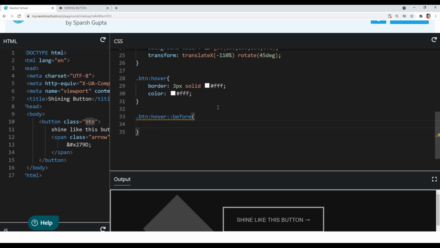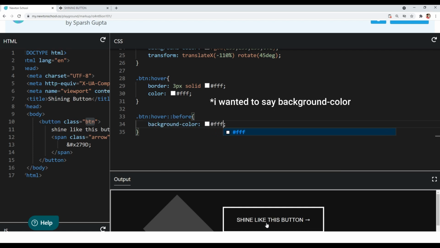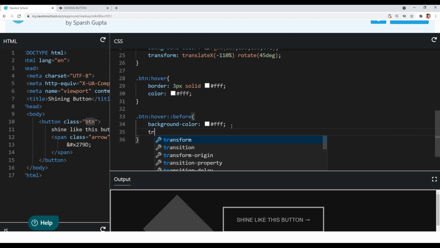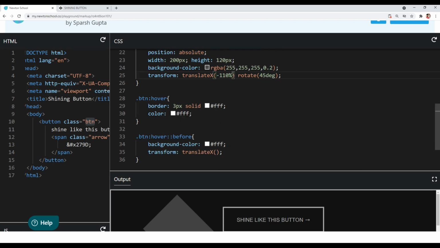So what we want is basically we want the color to be white. You can see the color is becoming white, and we want to move it from left to right. Okay, so we will again use transform and translate X. At the initial stage it was at minus 110% in negative direction.